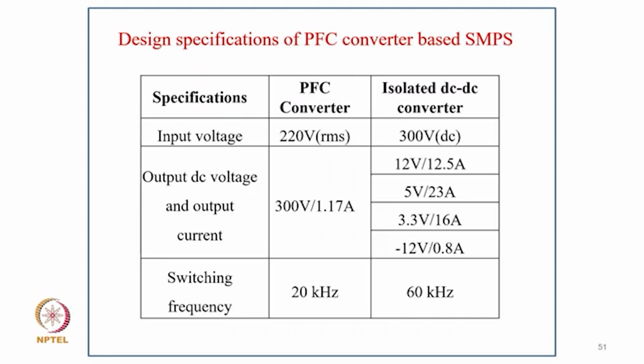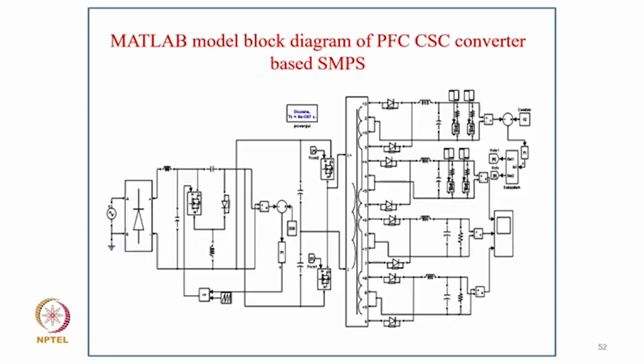So coming to the design specification, this is one typical case of the power supply with decoupling voltage. The input voltage is typically 220 volts, but it can vary over a wide range. The DC link voltage is normally 300 volts, and the switching frequency for the input stage can be 20 kilohertz. Normally the isolated DC converters are designed for 60 kilohertz, but in many applications we further increase the switching frequency to maybe 100 kilohertz or even 200 kilohertz, because that again reduces the size of the transformer as well as the energy storage elements in these converters.